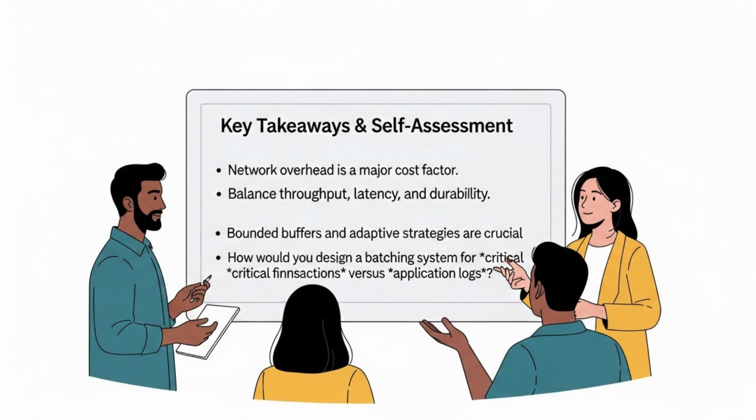We've covered a lot today, and I hope you feel empowered to tackle network optimization in your systems. Let's quickly recap our key takeaways. First, remember that network overhead is a major cost factor in distributed systems, and ignoring it leads to significant inefficiencies. Second, designing an intelligent batching system is all about balancing throughput, latency, and data durability based on your specific use case and SLAs. Third, implementing bounded buffers and adaptive batching strategies are absolutely crucial for maintaining system stability and preventing cascading failures under load. By applying these principles, you can achieve remarkable improvements in network utilization, reduce infrastructure costs, and